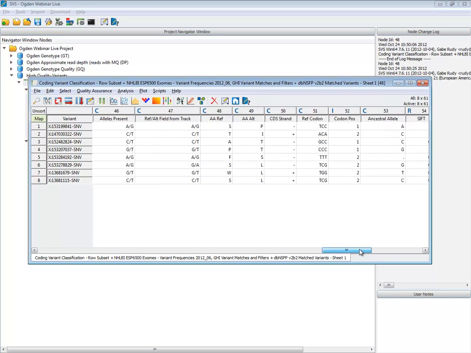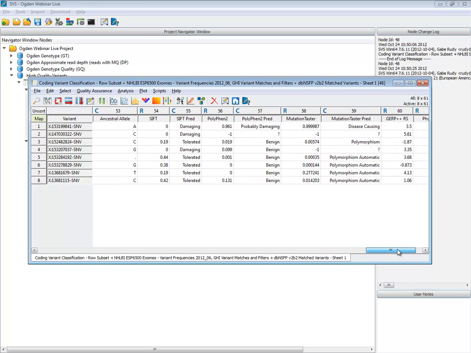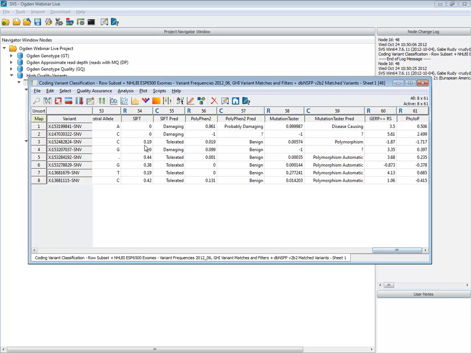And again, we have a number of functional prediction tools all kind of brought together: SIFT, PolyPhen, MutationTaster, and some conservation scores. Remember, our first row here, the top of the list, is the rare or the completely novel variant. It's predicted as damaging, probably damaging, and disease causing. So essentially a full suite of predictions saying that this is likely to be a variant that knocks out the gene function. It's also highly conserved by the two different conservation scores.